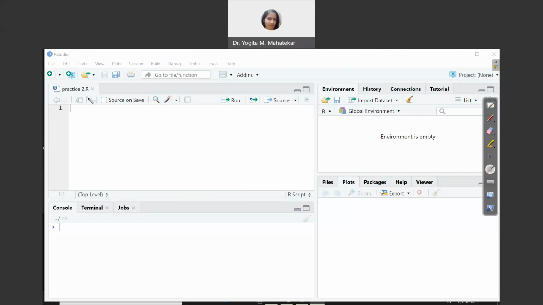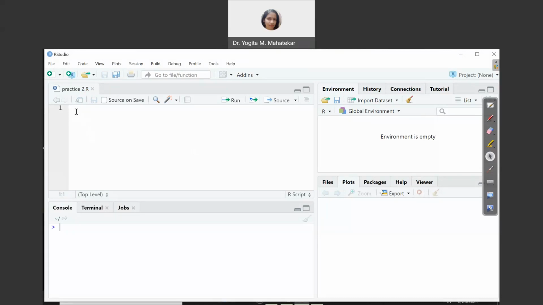So now let us start working in RStudio on our script file. practice2.r is my script file inside which I will be writing my code now. So first of all, click inside the script file. The cursor will blink over there.